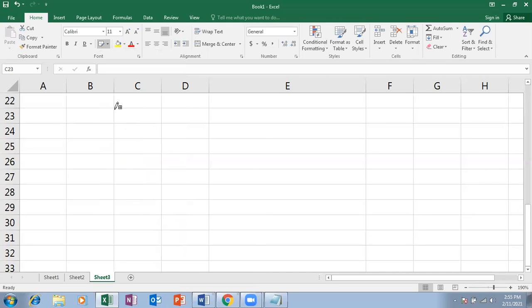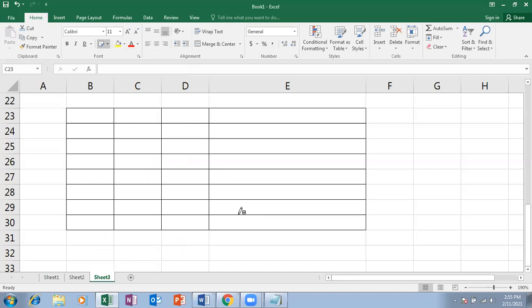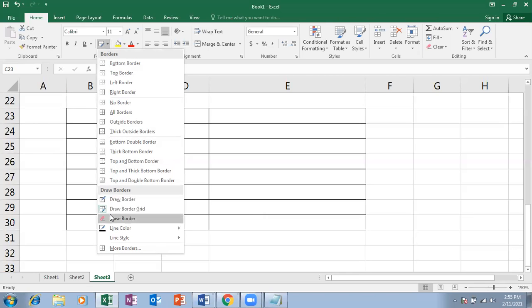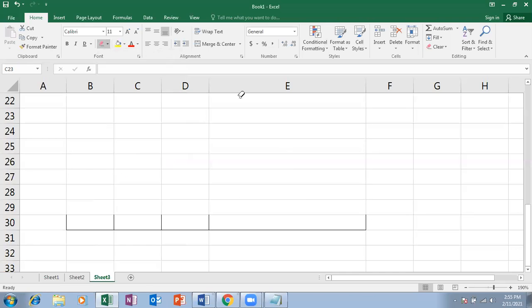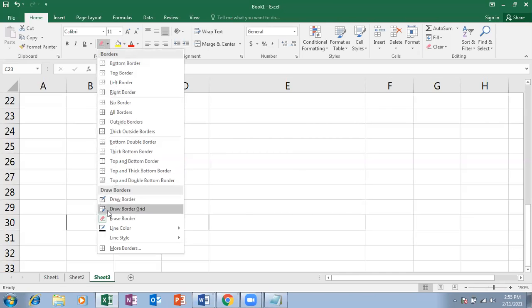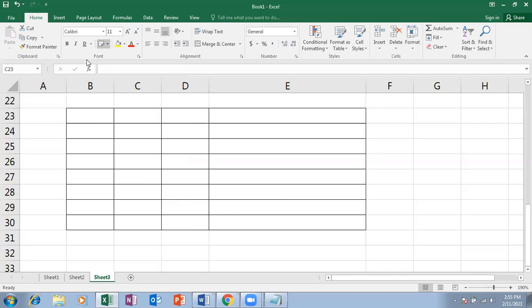Draw border grid. Border means only the outline you will be getting. Border grid means even the grid lines, the small cells, boxes, each and every cell, see like this. Draw grid lines. Again, click here, erase the borders if you don't want. Again, let me draw the grid lines, border grids.